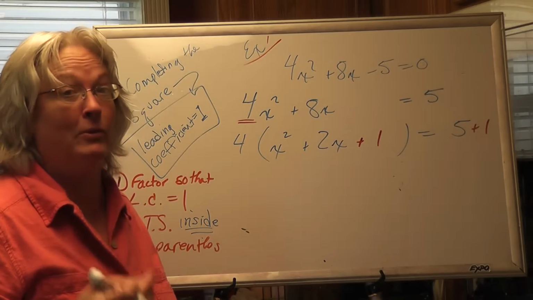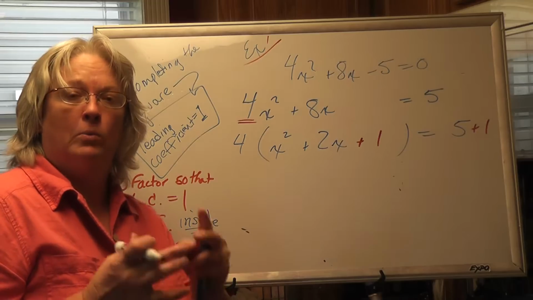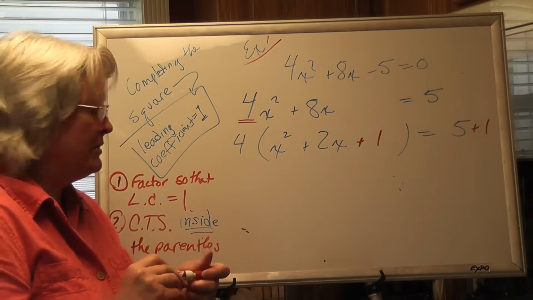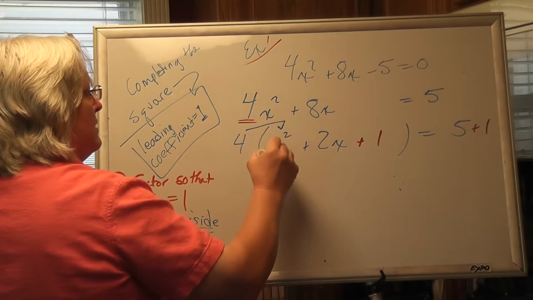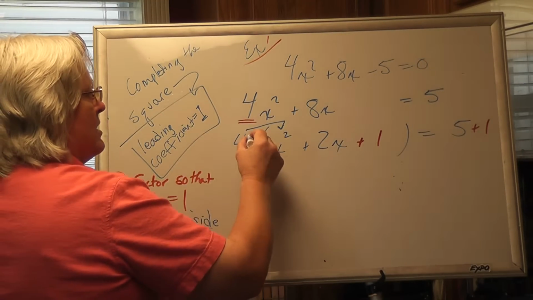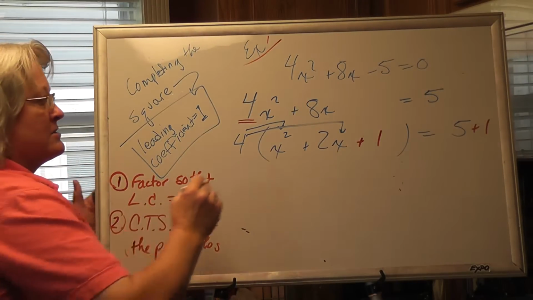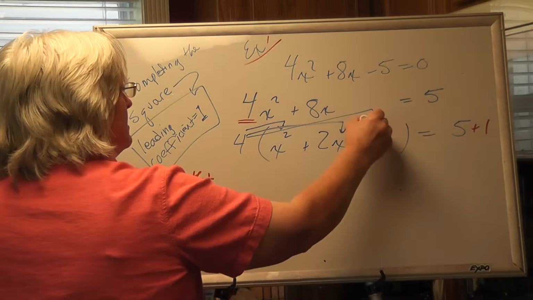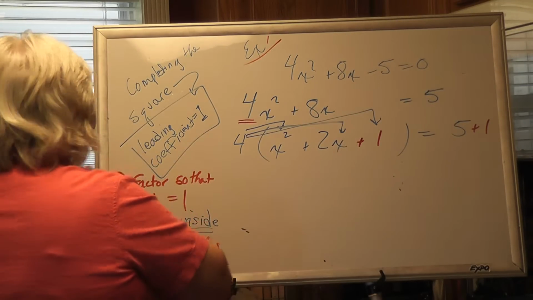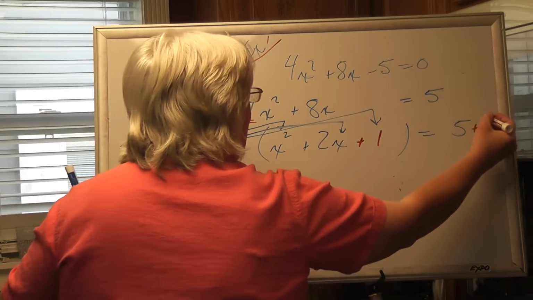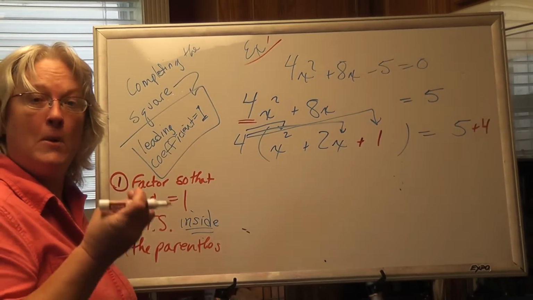I'm not sure why, but the way Miss Betsy's asking the question, I know that 1 can't be the right answer. Well, you're correct. 1 is not the correct answer. Let's look at this. 4 times x squared gives me 4x squared. 4 times 2x gives me 8x. 4 times 1 is 4. So it looks as though I have only added 1 to the left-hand side of the equation, but I've actually